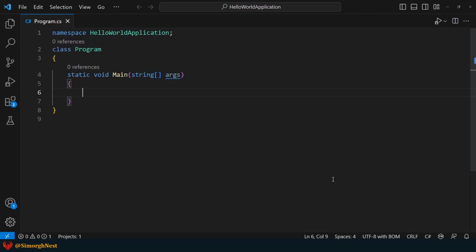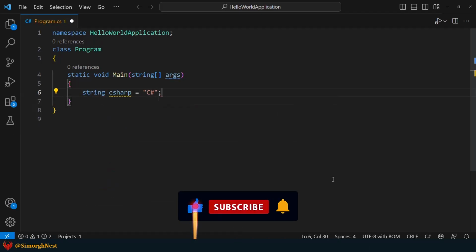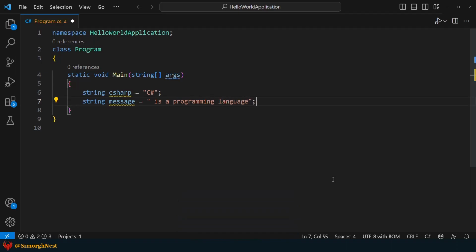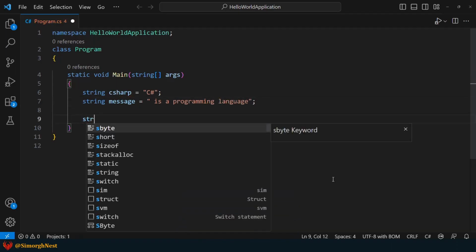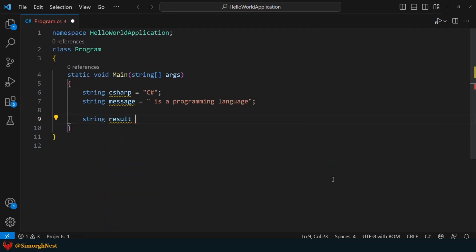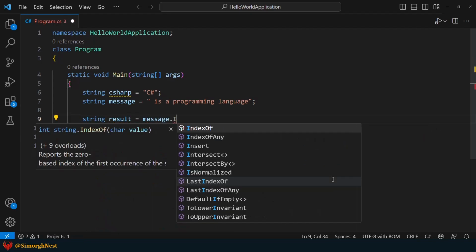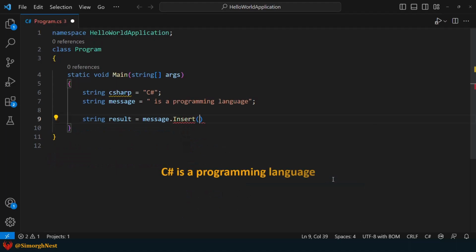Alright, first, we need to declare two string variables. Now, for inserting the C# value into the message value, we can use the insert method. To achieve this, we need to insert the value of C# at the beginning of the message value.